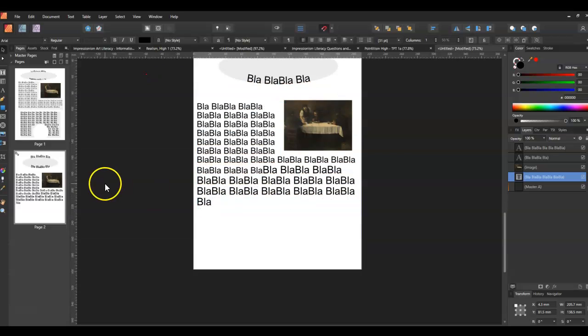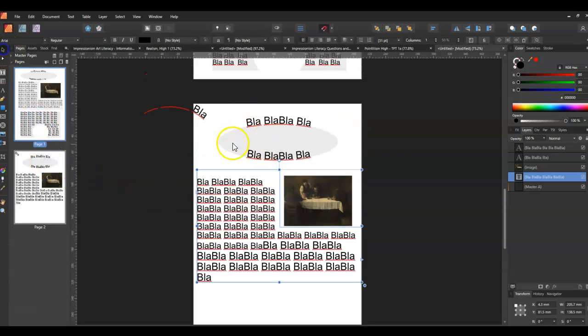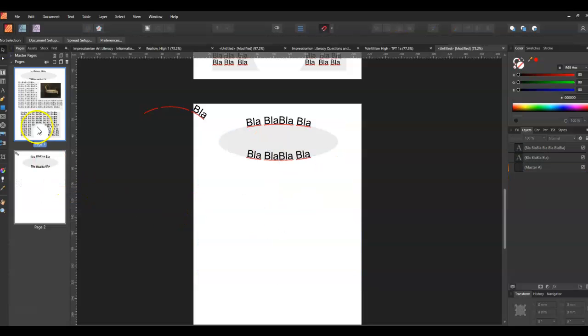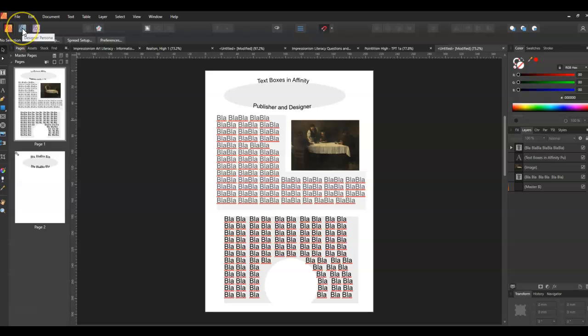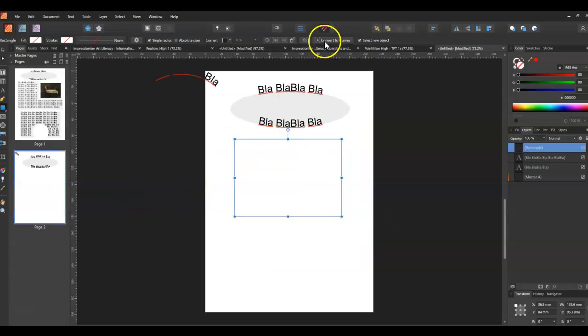Okay, so now the last one, you will require Affinity Designer. So that is another purchase that you might not have, but it's okay. It's not the end of the world. You can do most things with the text box, including, I'll just show you this quickly, say you want to make a shape that goes around, say, a circle. You can do it in Publisher